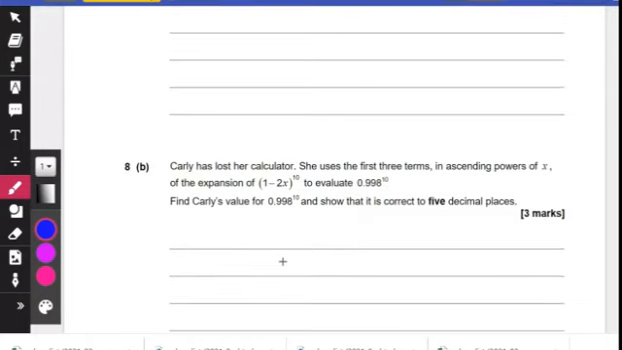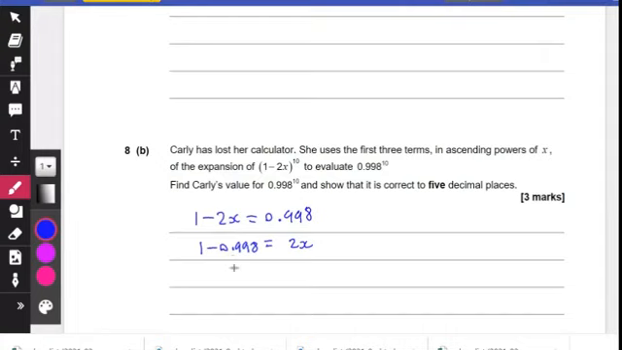Well, we've got to pretend that the bit inside the bracket is equal to 0.998. So 1 - 2x equals 0.998. I really say pretend. We've got to say that it is. So we'd get that 1 - 0.998 equals 2x. Then that would give us 0.002 equals 2x. Therefore, 0.001